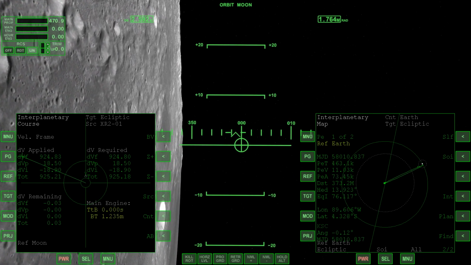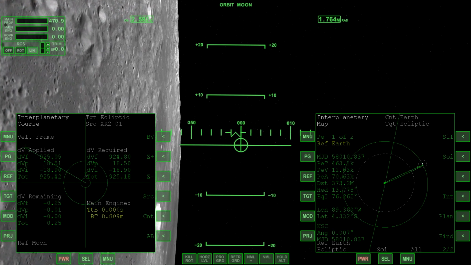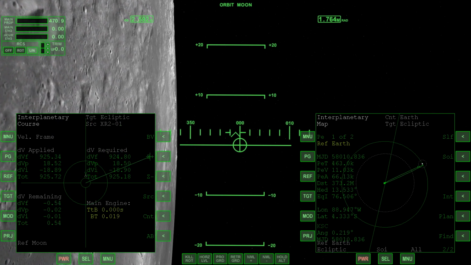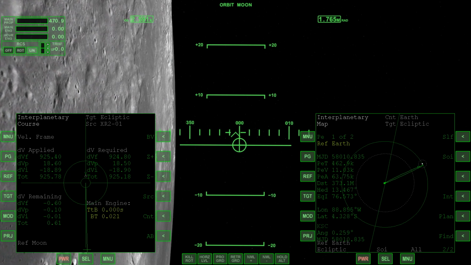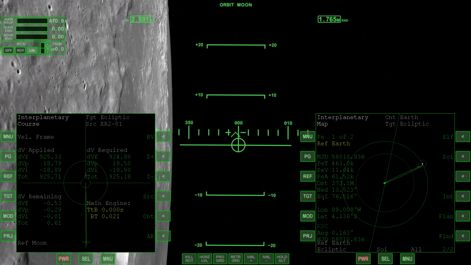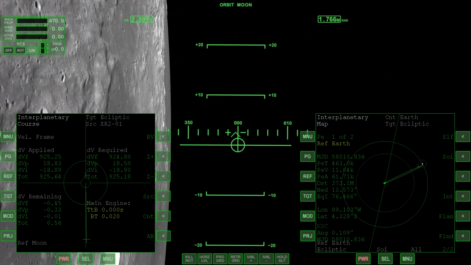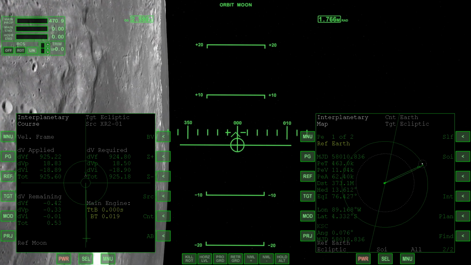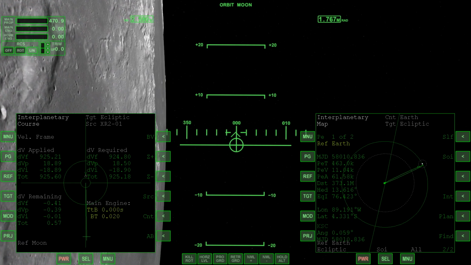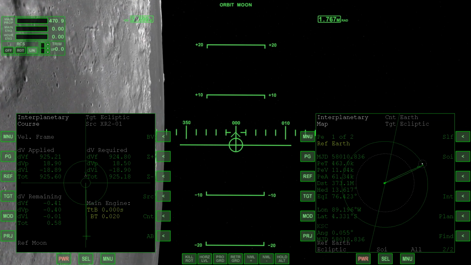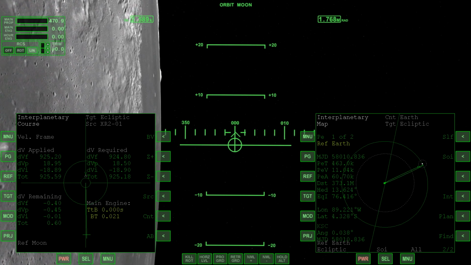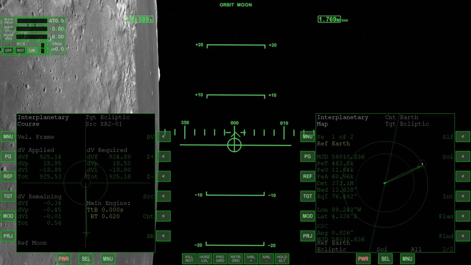There we go. So I've turned the plan off on the map side over there. I'm just using linear RCS, just translating forward, just cleaning the burn up. IMFD doesn't always get the burn perfect. So just translating forward a little bit, you can see I brought periapsis down closer to where I would want it to be, but I'm also looking at angle there at the bottom. You can see it's at 0.076 degrees now. So just playing around with it a little bit and getting everything as fine-tuned as I can, but that's looking pretty good. Let's see, just play around with it a little bit more.